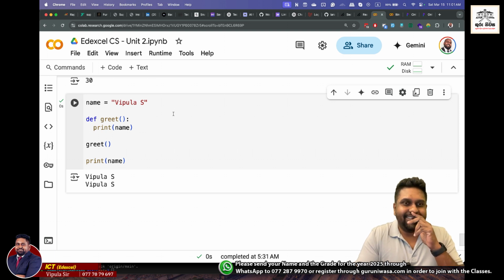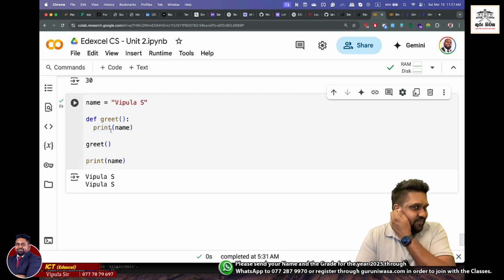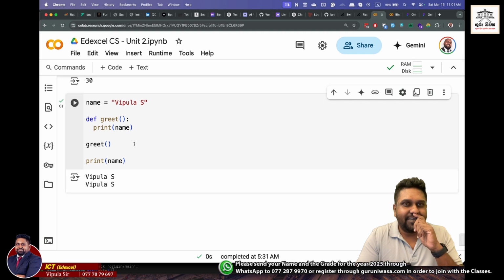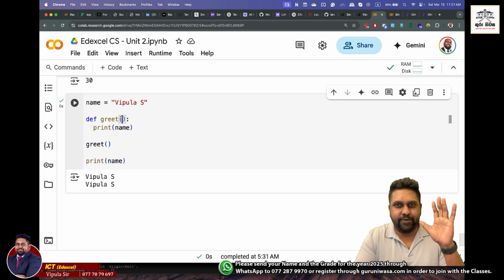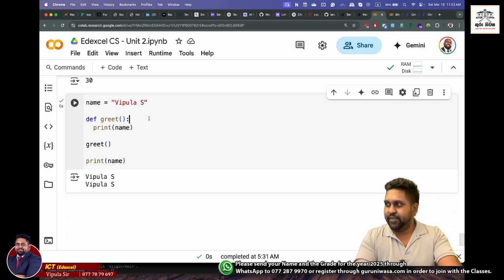Now here you get the variable, right? So the global variables are actually passed into the functions. Even if you don't do it explicitly, if the variable is defined globally, that will get passed in. But let's try out